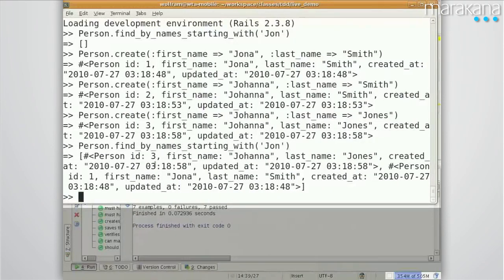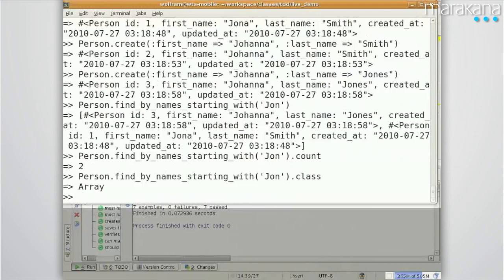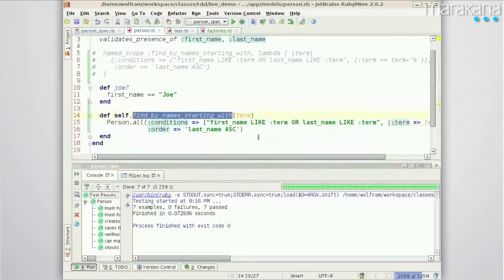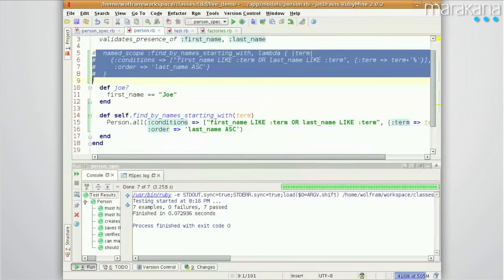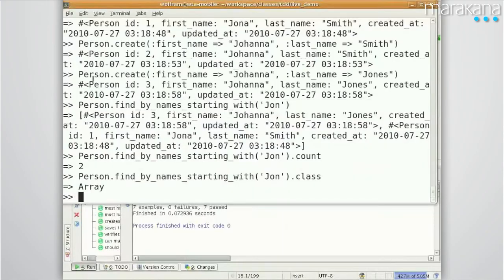Okay, so now I got a couple of records here. Find by name starting with John, I get, well, how many? So I call this count here. Now this count happens where? You're right, so it's an array. So this thing returned here is an array, right? Now if I switch to the named scope,